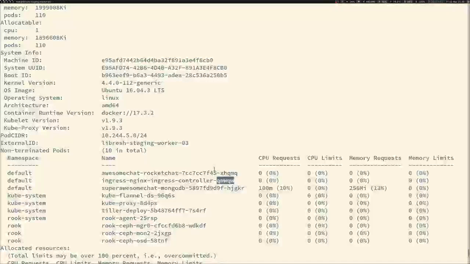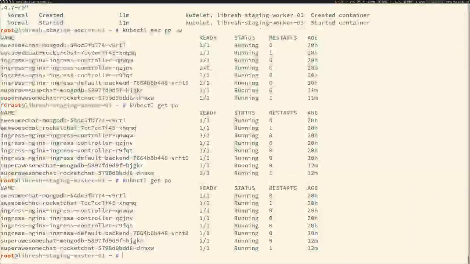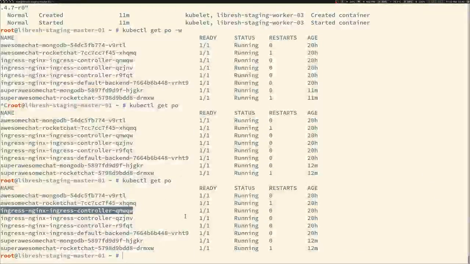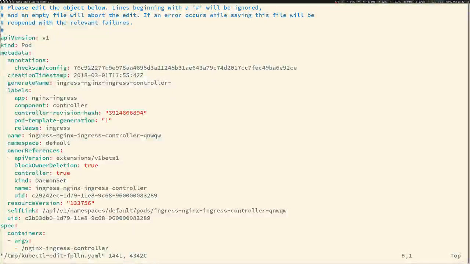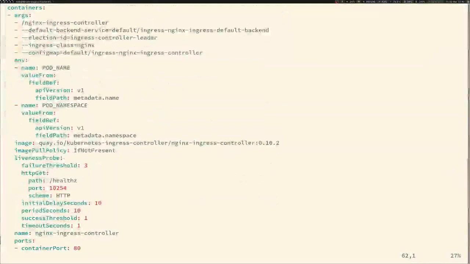So let's check QNW. So this one. So now we can actually edit the pod and look at all the YAML. What I want to check is if there is a health check. Yeah, there is a health check. So here it will test /health